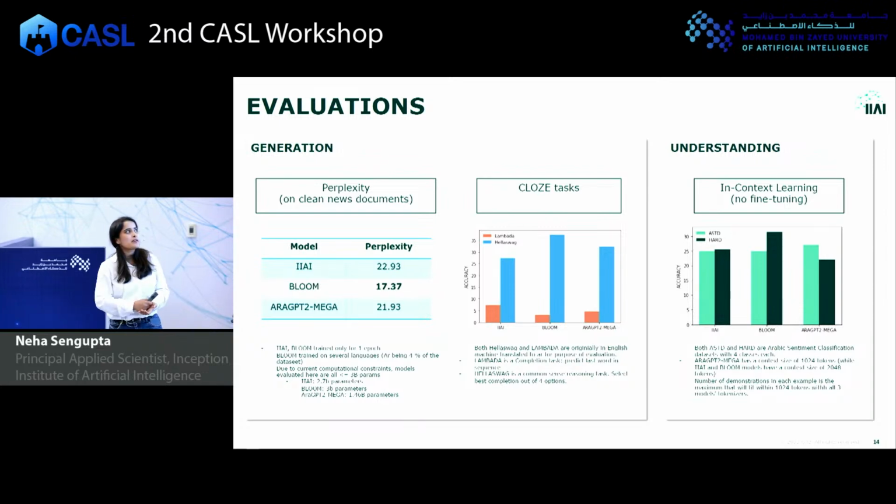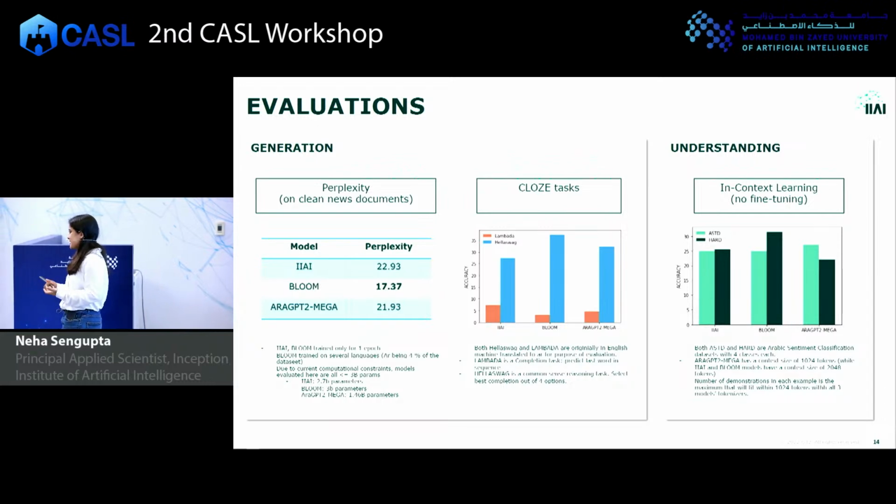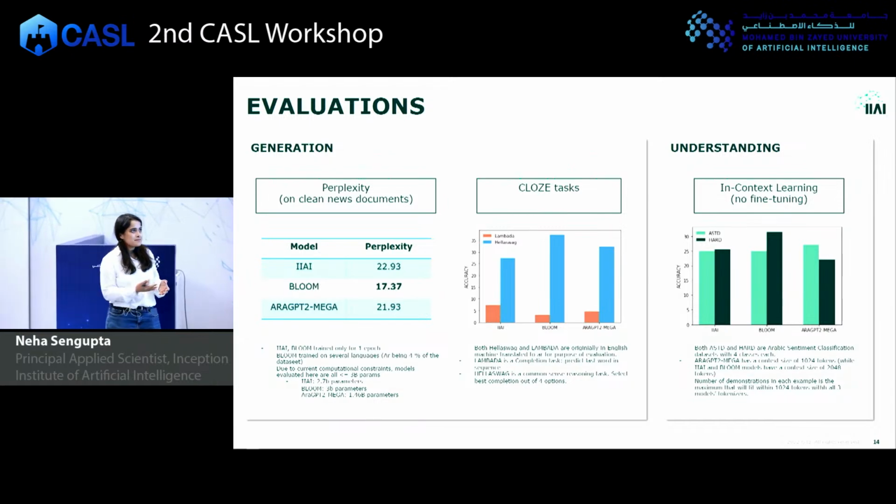Then we have the blue bars, which is HellaSwag, which says that, okay, here's this paragraph, and here are these 4 possible completions. Which one do you think is the best? Since there are only 4 options, note that even a random guess will get, in expectation, 25% accuracy, right? So here, both our model as well as our GPT-2 are very close to the random guess baseline, but Bloom at least gets more than 35% accuracy here, right.